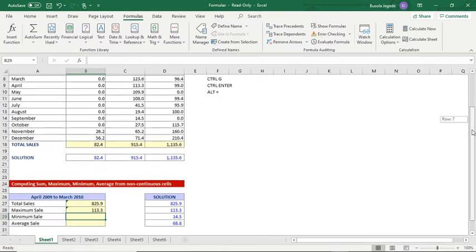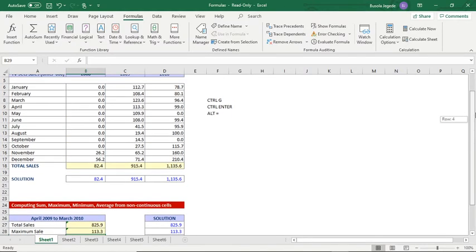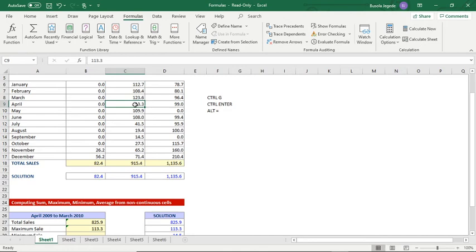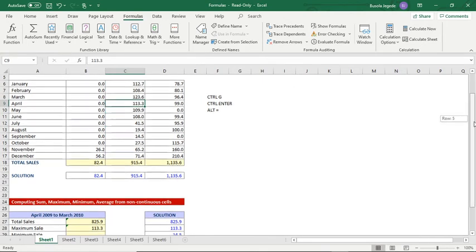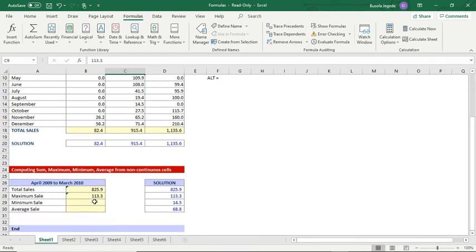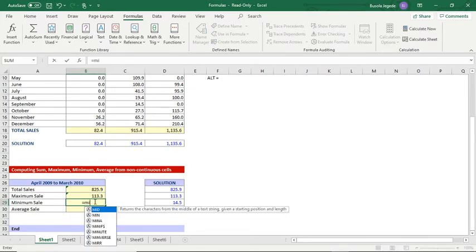And you can see it has given you the maximum sale, and I believe that maximum sale was on April 2009. The minimum sale, that same format, just a different formula, minimum tab key,